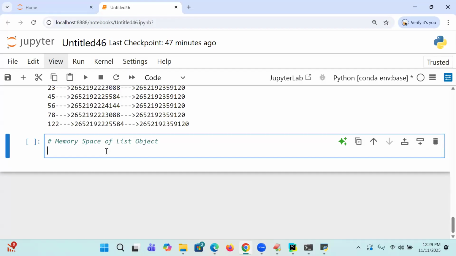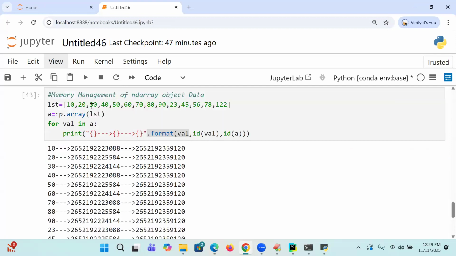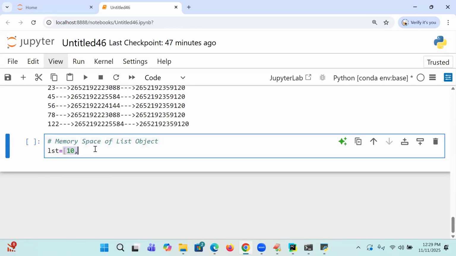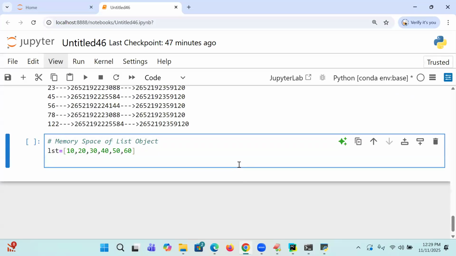Students, take lst = [10, 20, 30, 40], some elements. It is nothing but the space complexity I am talking about. How do you measure the memory space of an object? The memory space of the lst object is equal to, there is a function I used to tell in our classes,